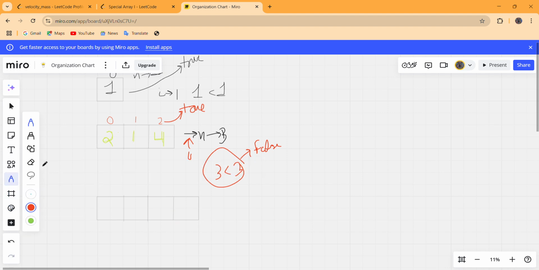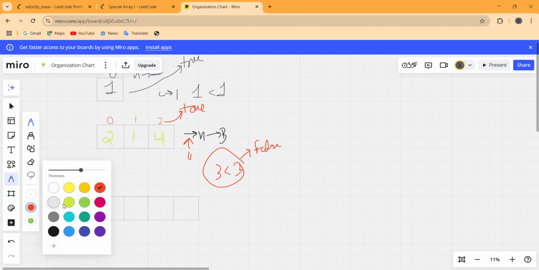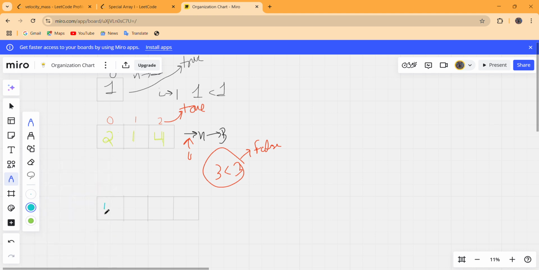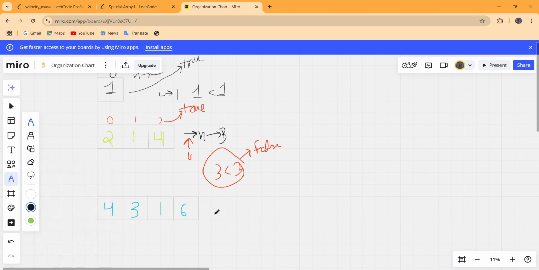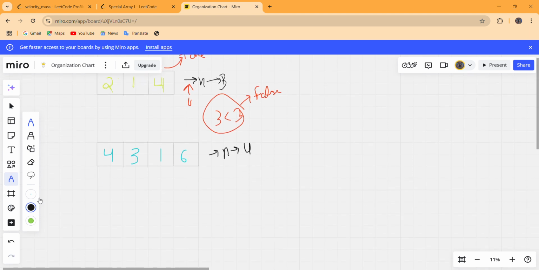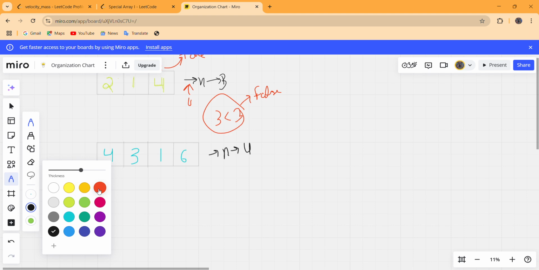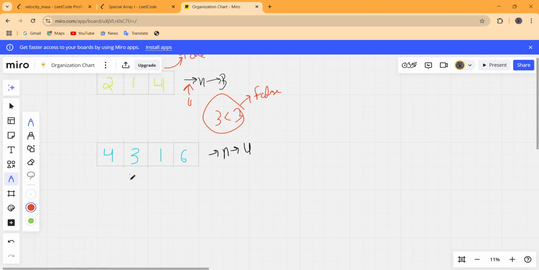Let us input our elements in this: 4 3 1 and 6. The size of this input array, that is n, is equal to 4. N now contains 4, and I will start from the first index, that means from here.